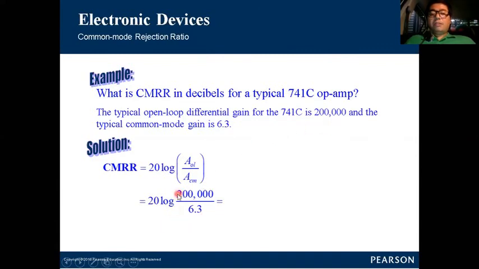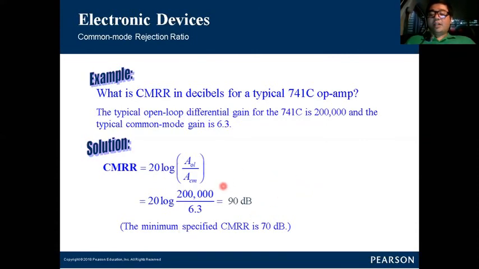Ito yung posibleng maging gain ng ating signal, yung nasa taas. Ito yung posibleng maging gain ng ating noise. Ideally, this should be very, very, very low. But practically, it depends on what type of op-amp ang gagamitin natin. So this is equal to 90